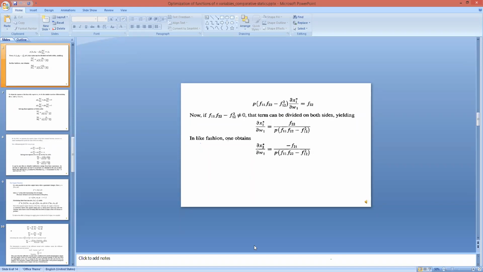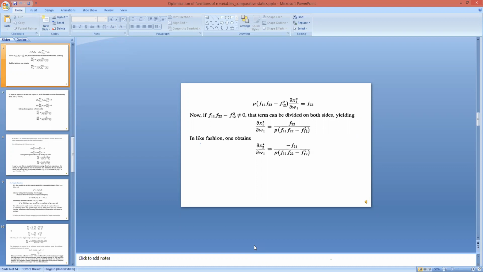Any question? Ma'am, I had a question about the cross derivative. So the sign of F21 can be either positive or negative. We can't say with certainty. At this moment, we cannot say, but if it is a numerical exercise, we will be able to get all the signs. We will be able to state whether it is a substitute or complementary, looking at the sign of del x2 star by del w1. What will be the sign for the substitute, what will be the sign for complementary. So if two inputs are substitutes, you will get the sign accordingly. If the two inputs are complementary, you will get the sign accordingly.